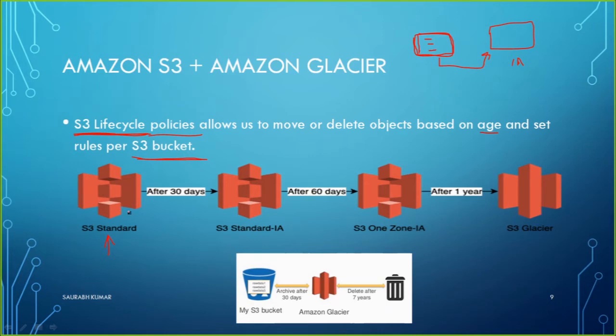So why would I occupy my S3 storage as Standard? Why not move it somewhere else, like S3 Standard IA? If you remember, when we were creating a bucket, it was asking for the data classification. Those terms were there at that time. I am also going to show you here on the screen.